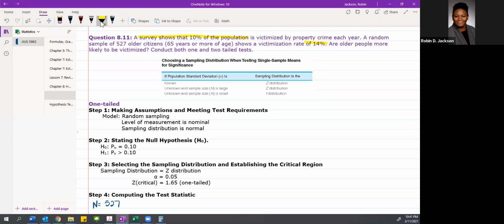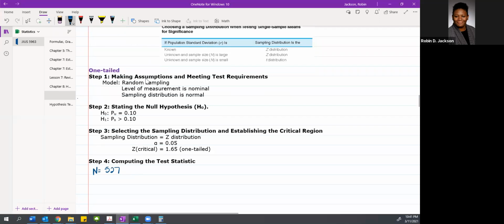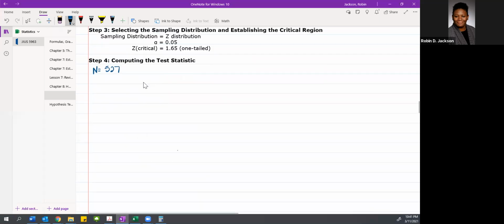10% of the population, 14% of the sample of older citizens. That's our key information from this particular question. I'm going to scroll up, but I remember these numbers, so I'll go ahead and write them. All right, so our sample proportion is equal to 0.14, and our population proportion is equal to